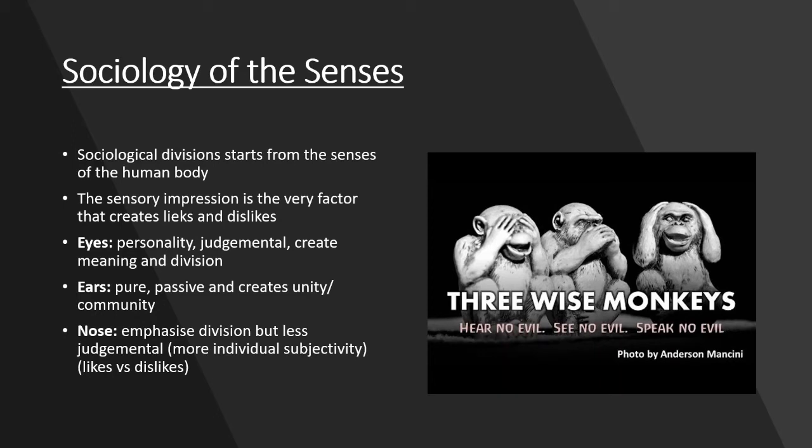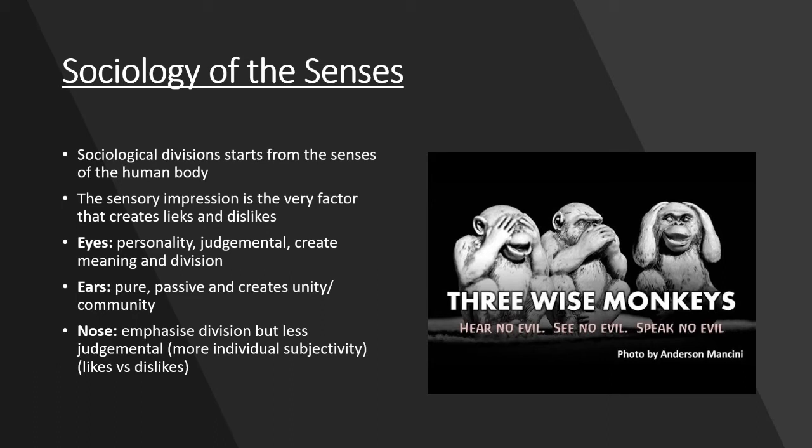Alright, you see, it's fairly simple. And smell is even simpler than that. Smell, or using your nose, determines how people are perceived according to their class, and how our own subjective emotions may influence the way we view reality. For example, bad-smelling people would normally be associated with someone poor or uneducated. Hence, like eyes, it is very judgmental, and it also creates divisions. People will be separated based on likes and dislikes.